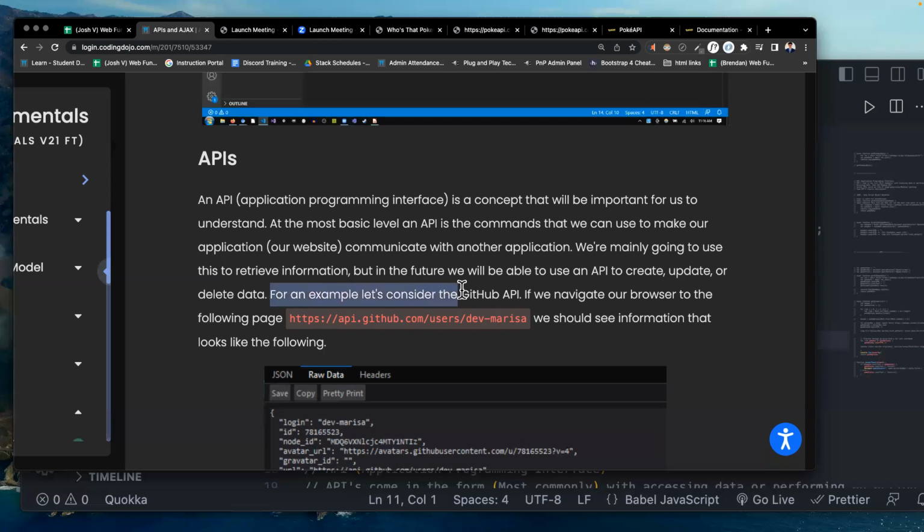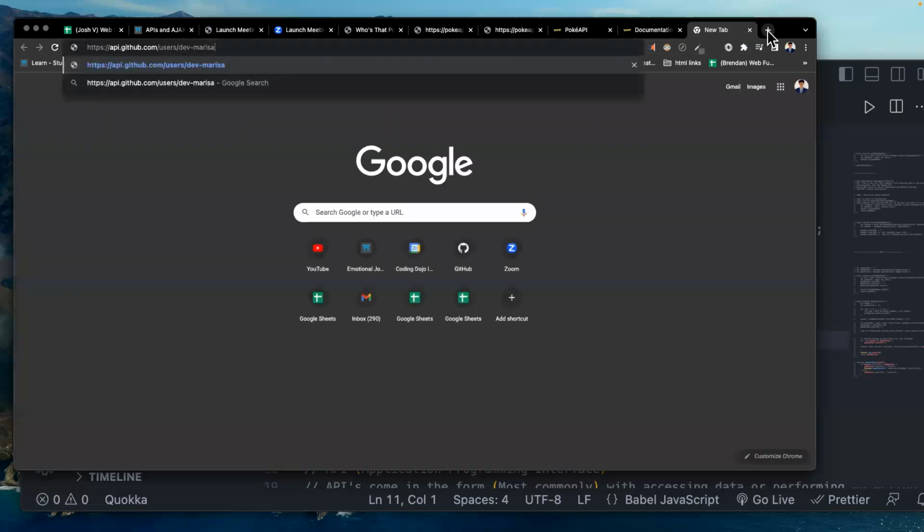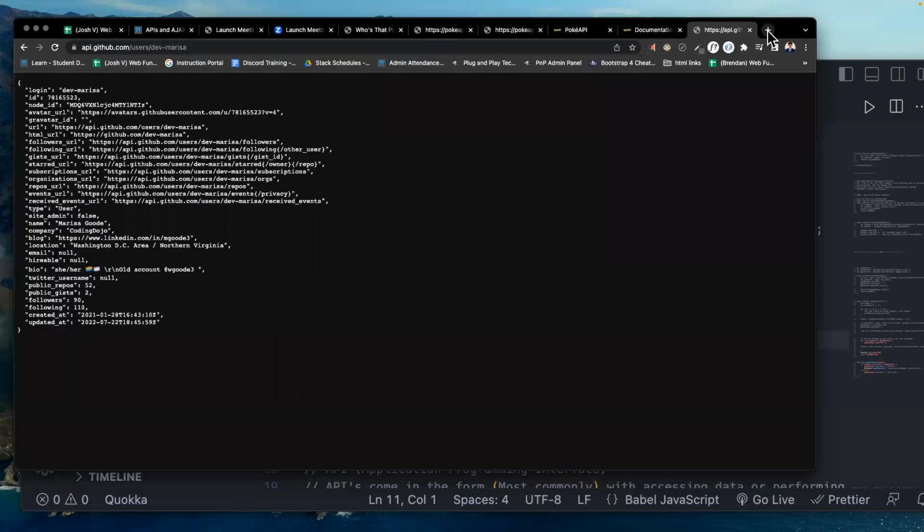For an example, let's consider the GitHub API. If we navigate our browser to the following page. So we have a HTTP API, GitHub, users, dev Marissa. Let's take a look at what we're being told to look at here. Okay, so we see here on this,